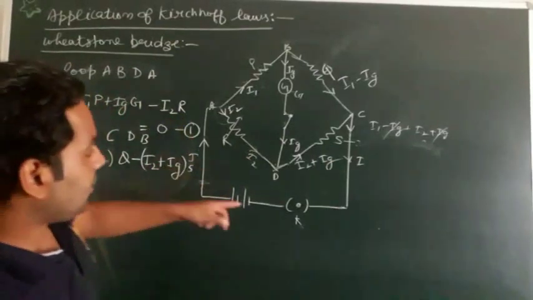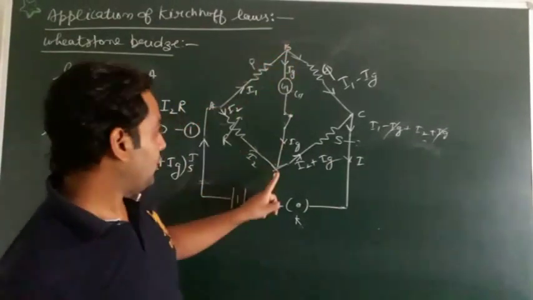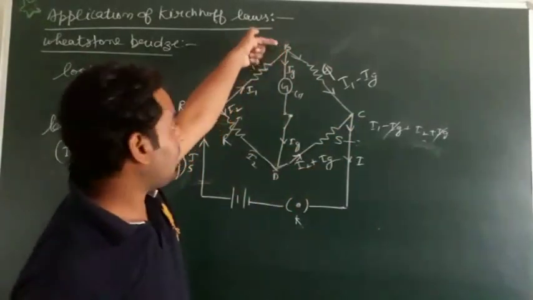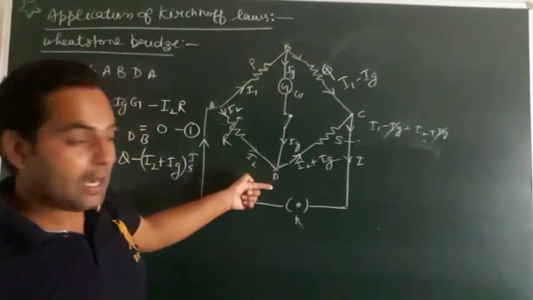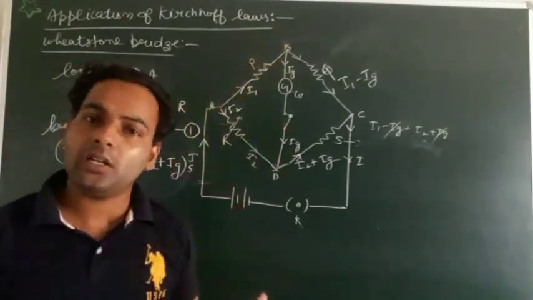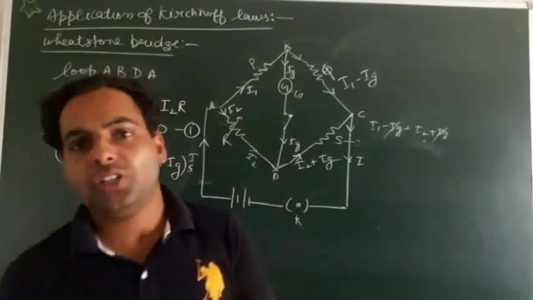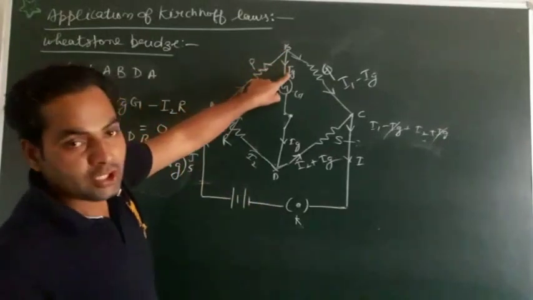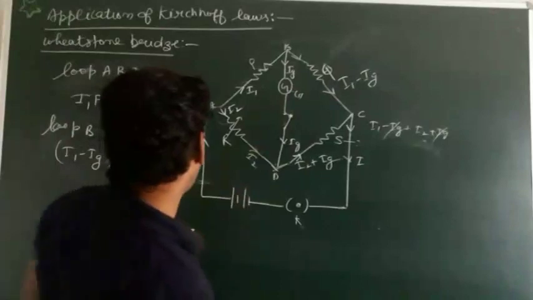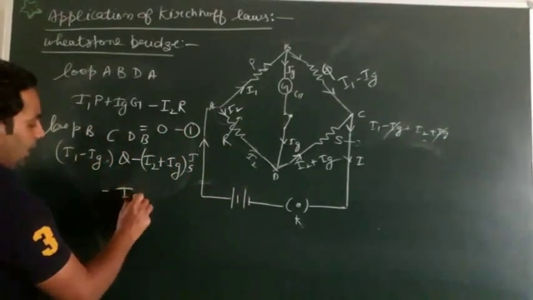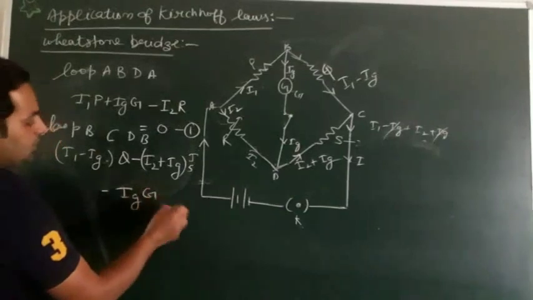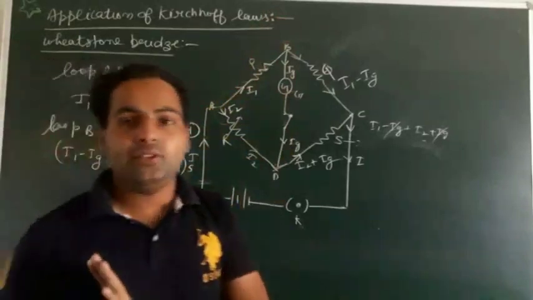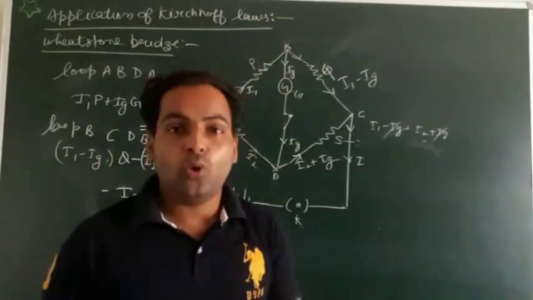Clear? Next, we move from D to B. Again I am repeating: B to C, C to D, now D to B. The current is coming from B to D, and we are moving from D to B. Again, the direction of current and direction of loop are opposite to each other. So again the product of current and resistance is taken as negative. In that arm the current is Ig and the resistance is the resistance of the galvanometer. So here comes out to be minus Ig into capital G equal to 0. Why did we take 0? Because in that whole loop there is no battery or cell.